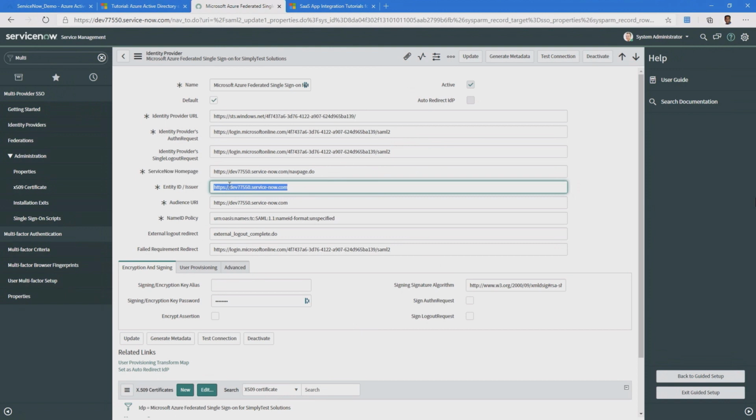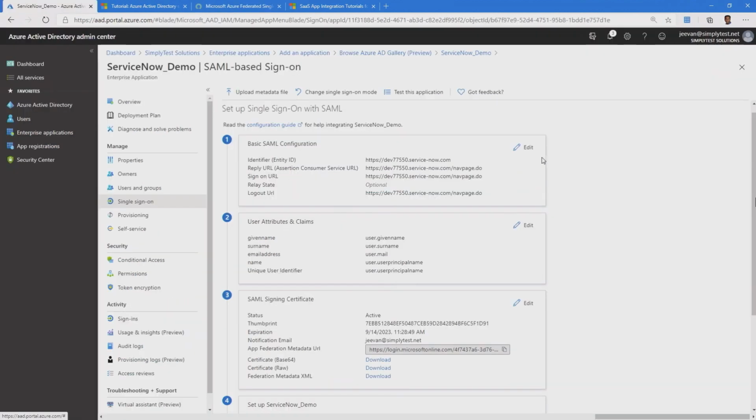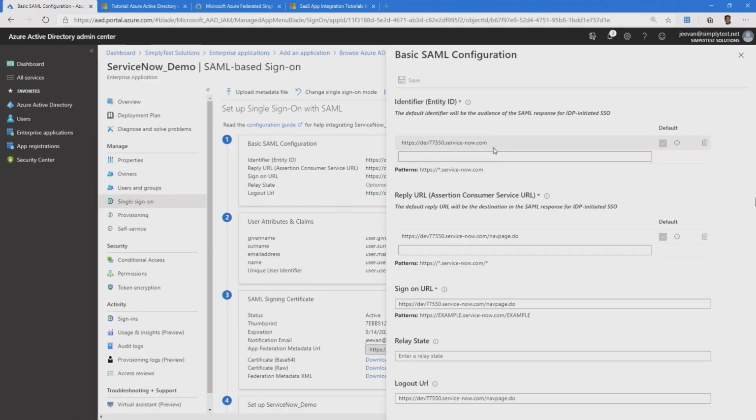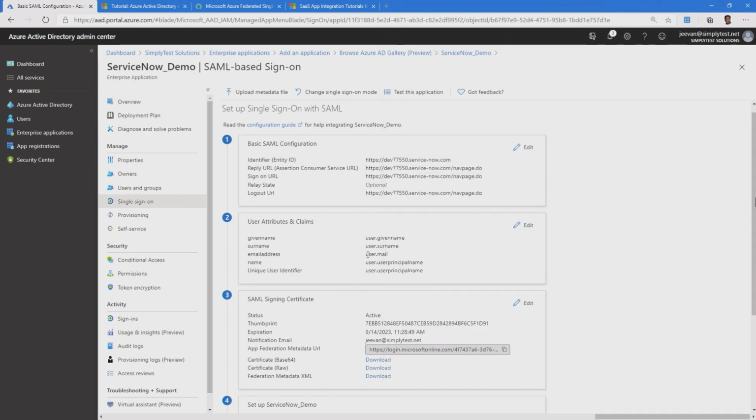This value has to match with the Azure Active Directory identifier value, and only then is the integration going to work. So make sure that you copy this value, go into your Azure Active Directory, and when you edit these URLs, this is your identifier or issuer value. This URL is the same, so I don't see any option to have an update. So it seems my URL is correct. But this is an important parameter when you are configuring the application.